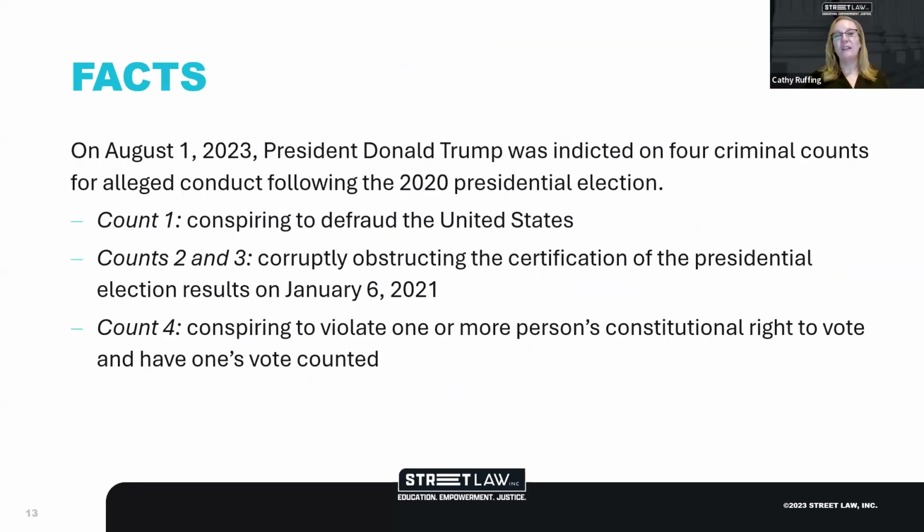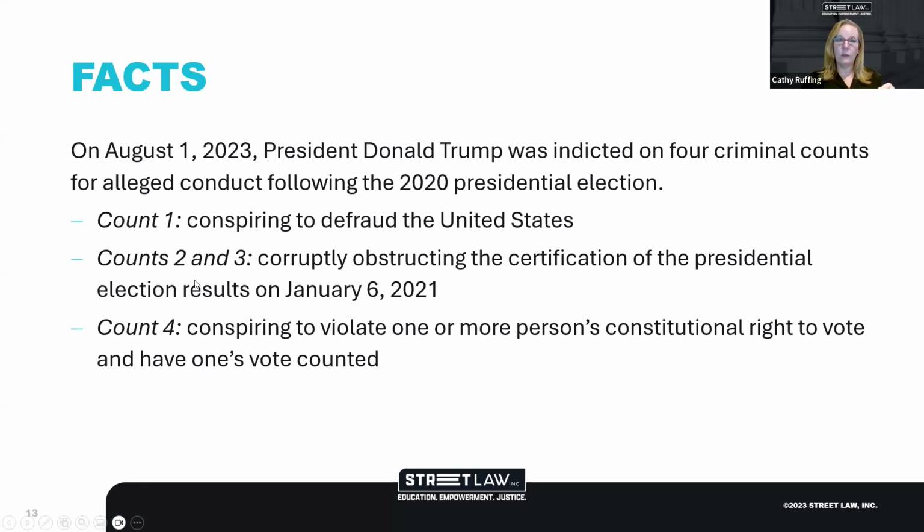Great. Okay, so I'm just going to quickly put out the facts of this case. I assume we're all pretty familiar with them since we just lived through it and it was in the media. But it is important to make sure that your students are seeing the same facts, because depending on where they're getting their facts, they might be different. So these are the bare basics.